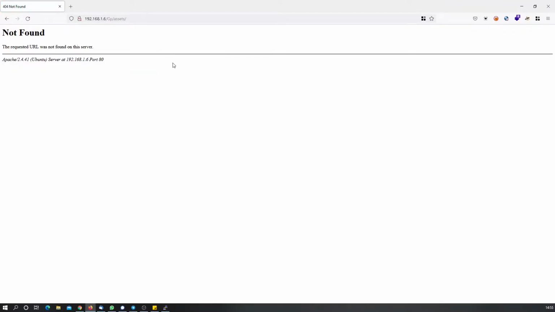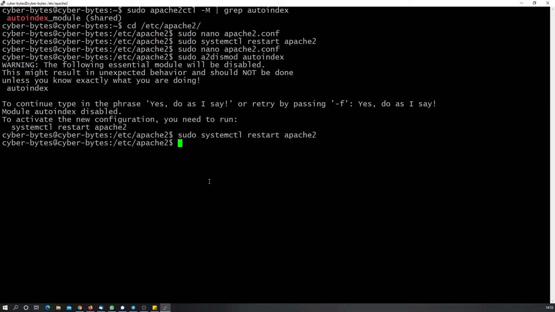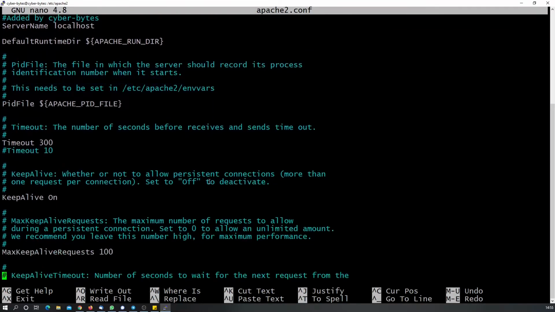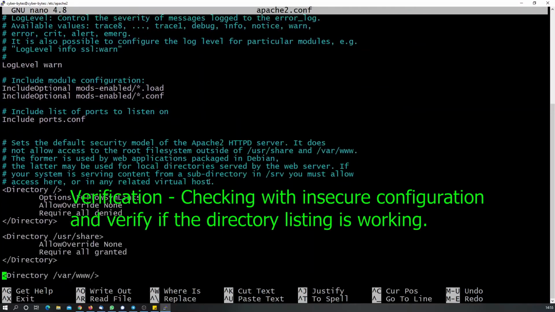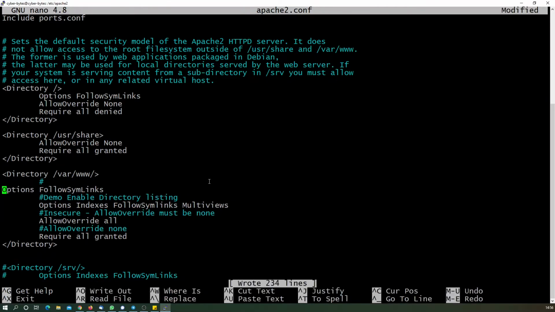Obviously, it is now telling not found. Actually, earlier, if you can recall, it was forbidden. Now it is telling me not found. So yes, by disabling this module, we can actually make these changes. Now also, let us do one thing. Even if I put it into more insecure, just enable those insecure configurations and see if they have actually worked or not. So I have enabled these insecure configurations,